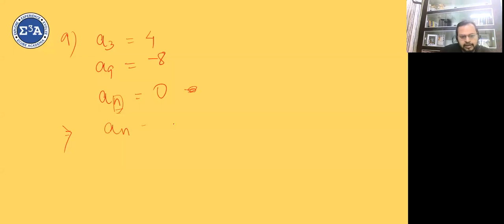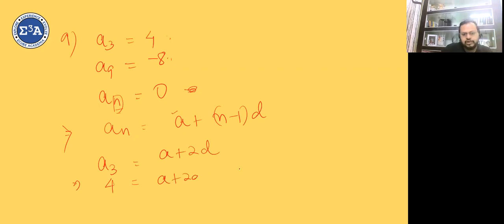Okay. So moving to question number 9. If the third and the ninth term of the AP is 4 and minus 8 respectively, then which term of the AP is 0? इस AP का ऐसा कौन सा टर्म है जो 0 होगा? तो ये हमको निकालना है an क्या है ना? तो which implies that an का फॉर्मूला क्या है? a plus n minus 1 into d. ना तो हमारे पास अभी a है, ना हमारे पास अभी d है, तो a और d किससे निकलेगा? इस दोनों से निकलेगा. कैसे लिखूंगा? a3 is equal to a plus 2d, which implies that 4 is equal to a plus 2d. ये आ गया एक इक्वेशन.